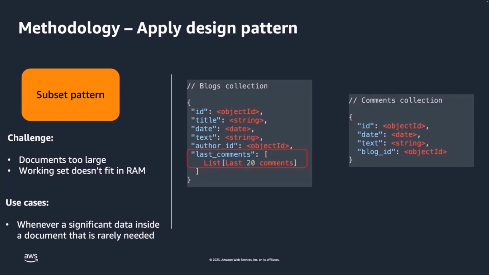So keeping a subset of the related data in the main entity will reduce the need to perform an additional round trip to the database. If the user wants to see all the comments, then that would be a separate link in the UI that will translate to a separate query in the comments collection. But by moving the unbounded data to a separate collection and keeping just a subset, you'll keep the document size small. The added benefit of having small documents is that the working set will be smaller, which means less memory requirements.